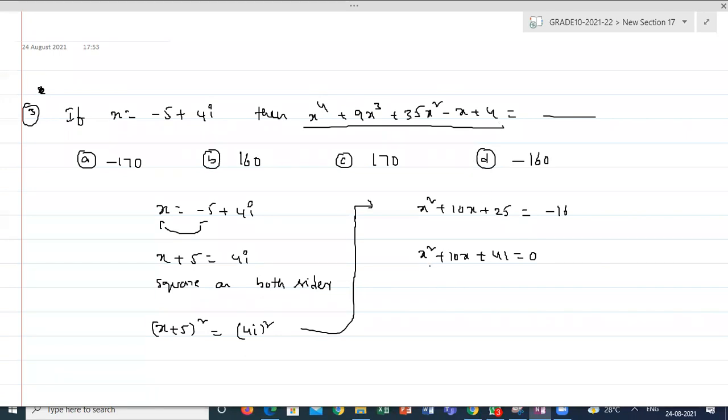Sir, what if we take x square common outside, so that we'll get x square and then x square plus 9x plus 35. If we take it like that, we can write 9x as 10x minus x and 35 as 41 minus 6. So we can substitute x square plus 10x plus 41 as 0, and then we'll get x square into minus x minus 6, sir. Can we do it like that, sir? Okay, possible, but I need the final answer. I'll do it and let you know, sir. Please explore any method how I can approach this question.